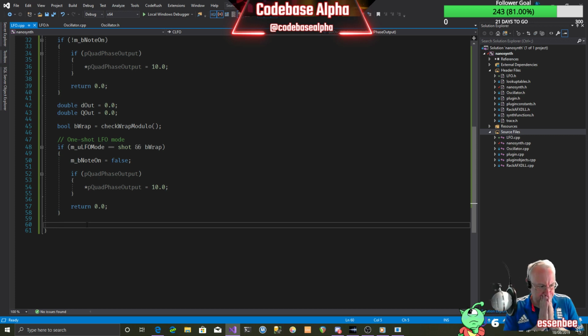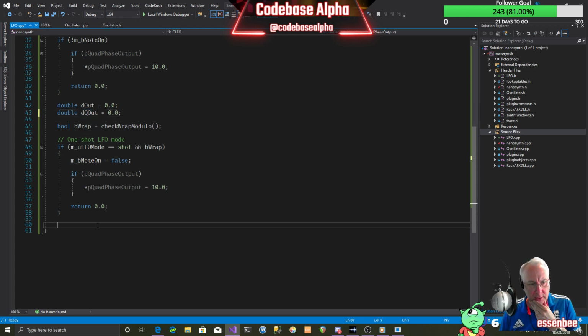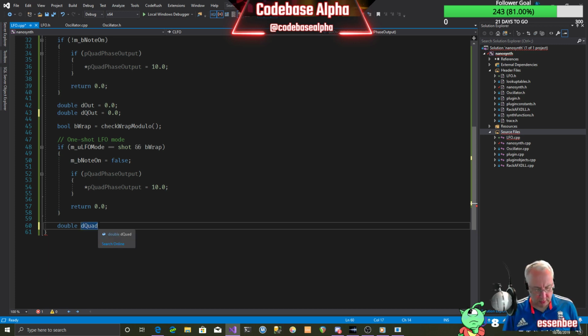So, okay, what we need to do now is look at the Q out. So let's change this to dQOut to be consistent with our Hungarian notation which we're following. So what should we have? Let's have a double that we'll call the quad